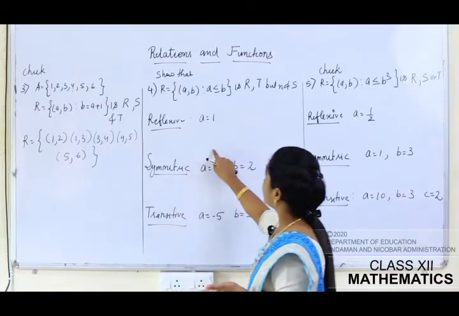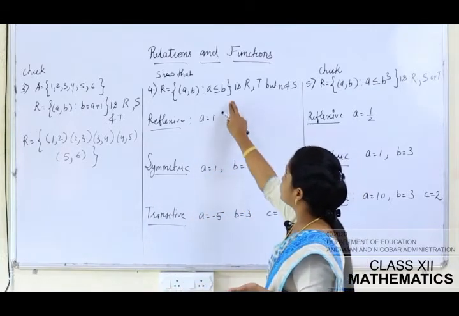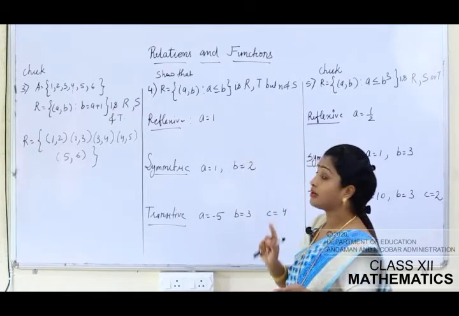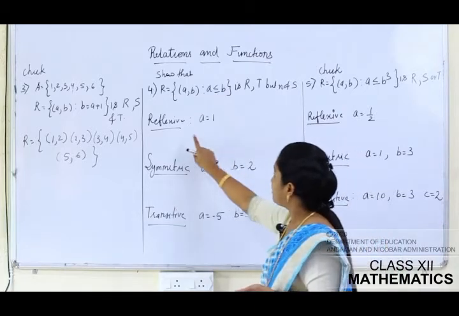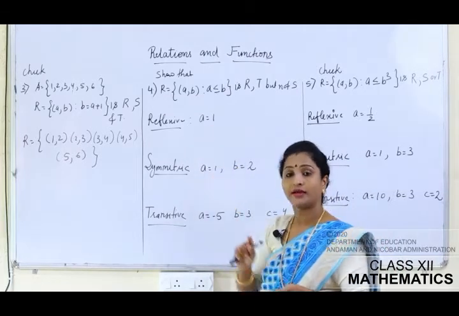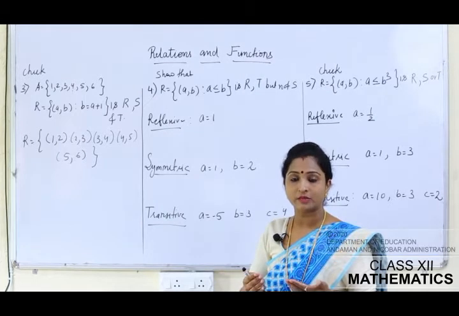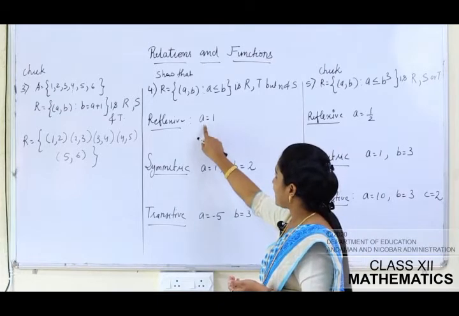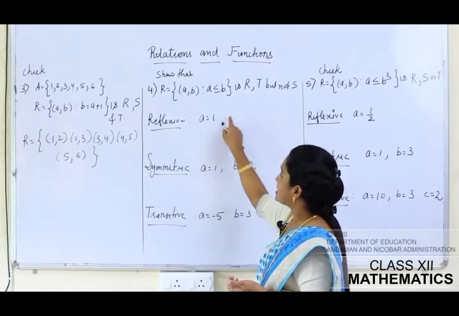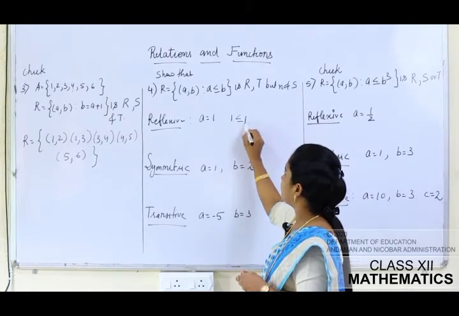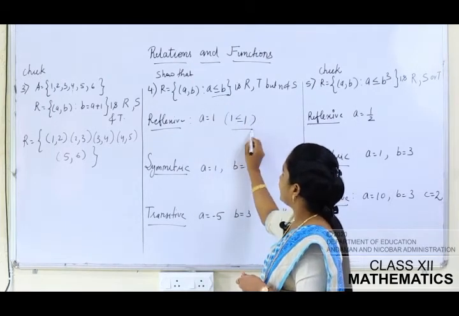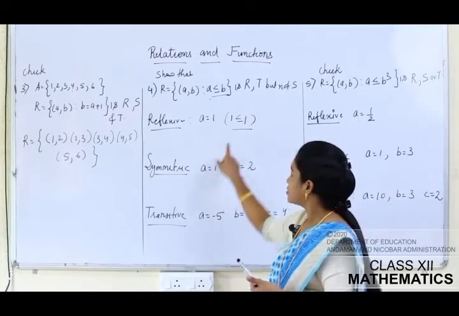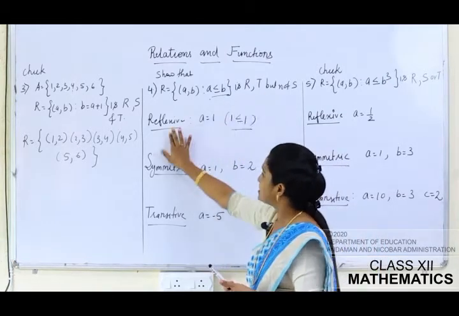Okay, come to the fourth question, a is less than equal to b. You have to show that this relation is reflexive, transitive, but not symmetric. Now, for the reflexive, again you have to take examples. You take example and then you explain whether it is reflexive, symmetric or transitive. When you take a is equal to 1, 1 is less than equal to 1. देखिए 1 is less than equal to 1. ऐसा एक relation आपको अगर आएगा तो ये इसको satisfy करेगा? Of course करेगा, because 1 is equal to 1. So you can say that R is reflexive.